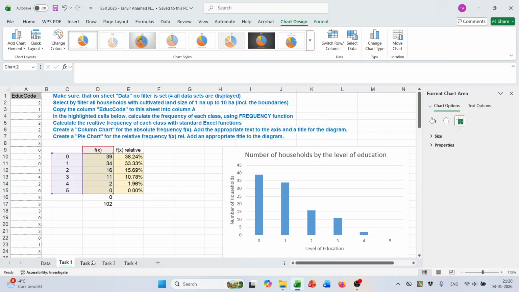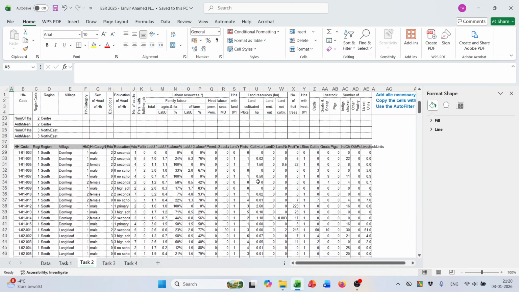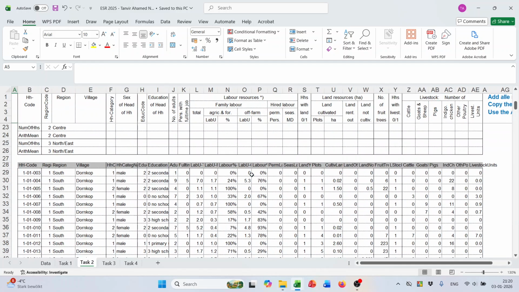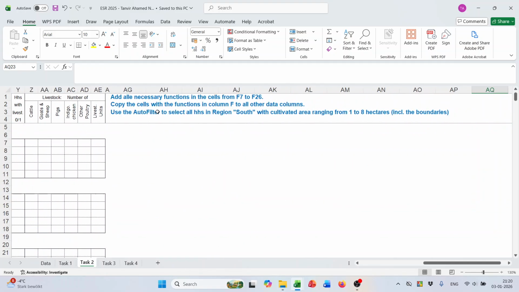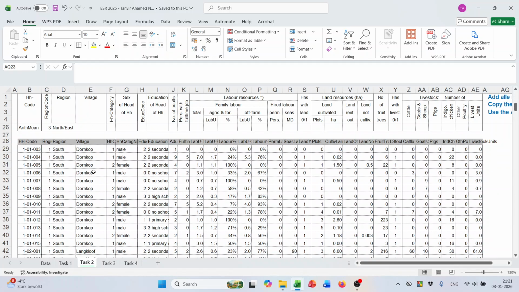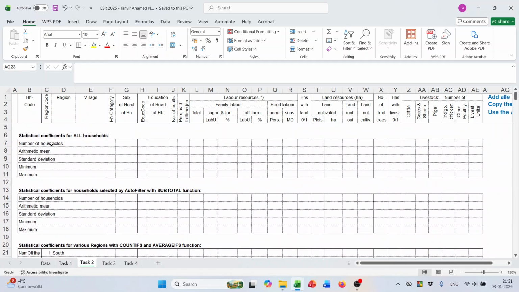Let's move to task 2. What is here? Add all necessary functions in the cells from F7 to F26. Copy the cells with the functions in column F for all other data columns. Use the autofilter to select all the regions south with cultivated area ranging from 1 to 8 hectares. So first we will do these two things. We will put the data accounts. We will put the functions according to this